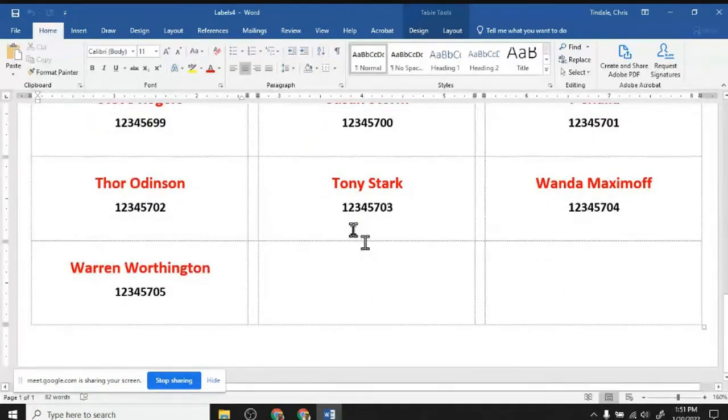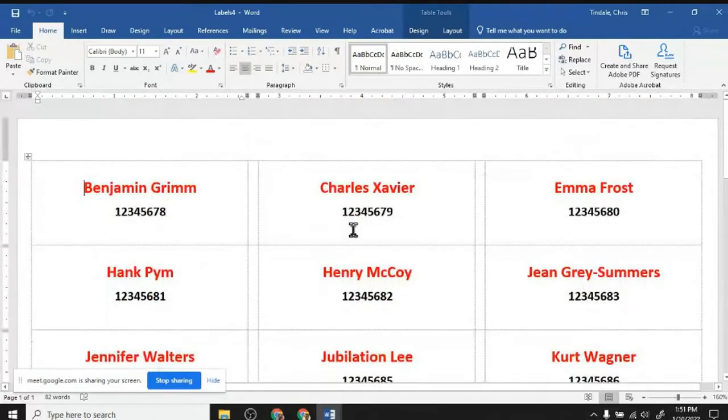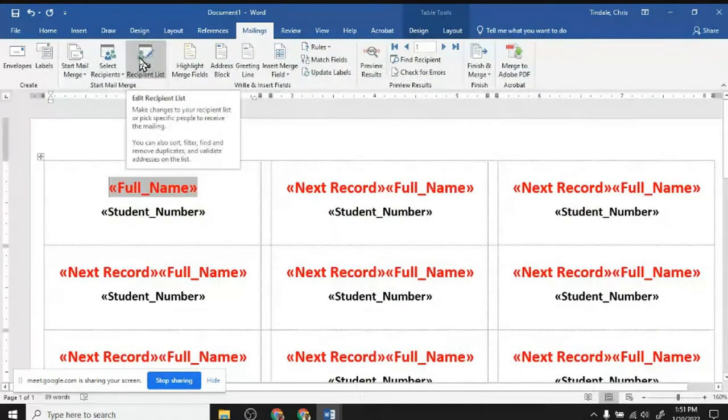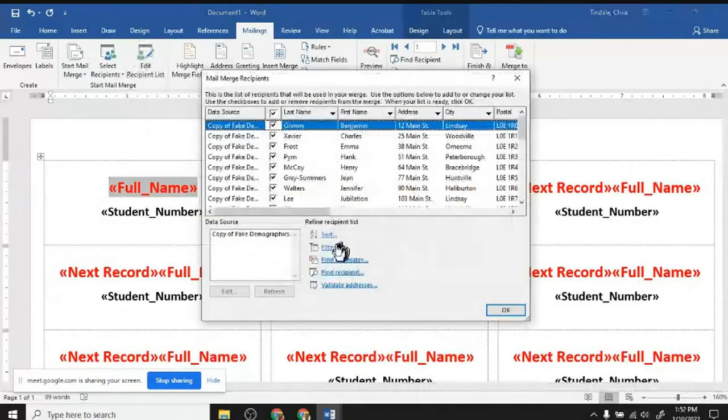It is a one-page label sheet that's ready to go. So that's a helpful little add-on there that you can mess around with your data whenever you need to by hitting edit recipient list and using that filter choice. And you can do things like